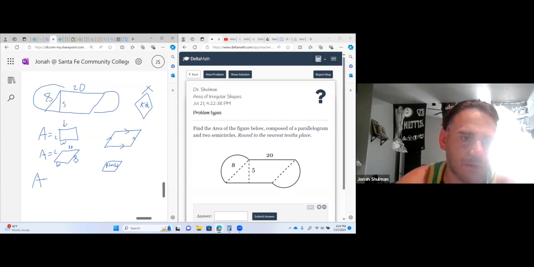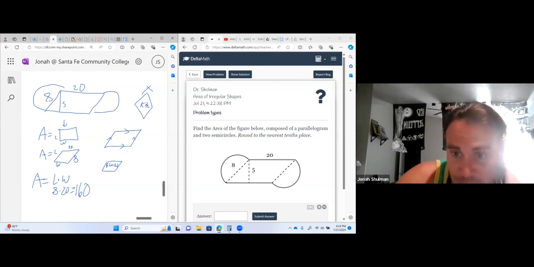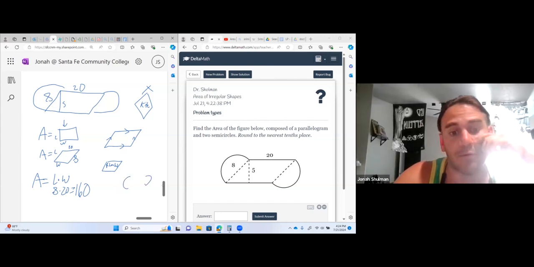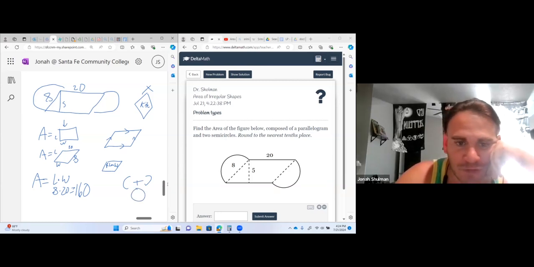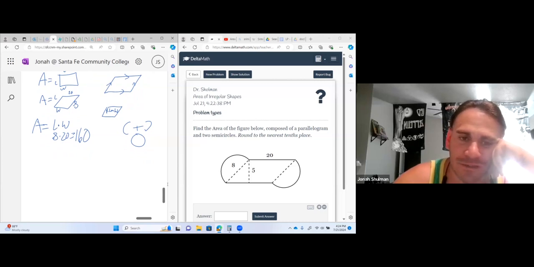So the area of the parallelogram is length times width, which is 8 times 20, which is 160. Cool. So now all I need is we have 2 parts of the circle. If I put them together, the whole circle, and I have a diameter of 8. So all I really need to do is